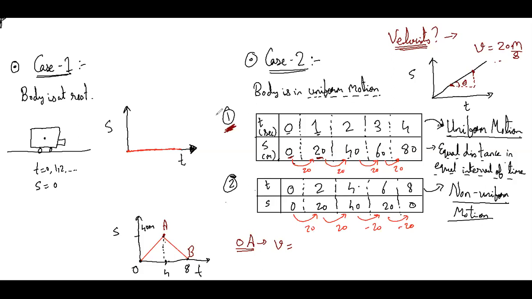So 10 meter per second if we divide from O to A. Okay, people are telling, sir, because if we take displacement as 40 meters and time as 4 seconds, we are getting 10 meter per second. Okay, so Pawan is saying 10 meter per second. Many are telling 10.